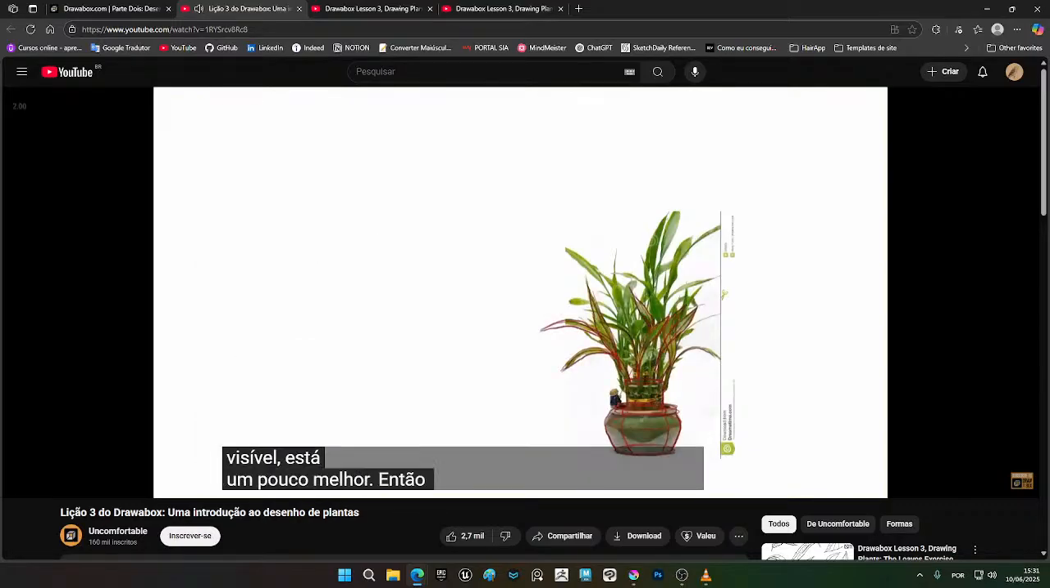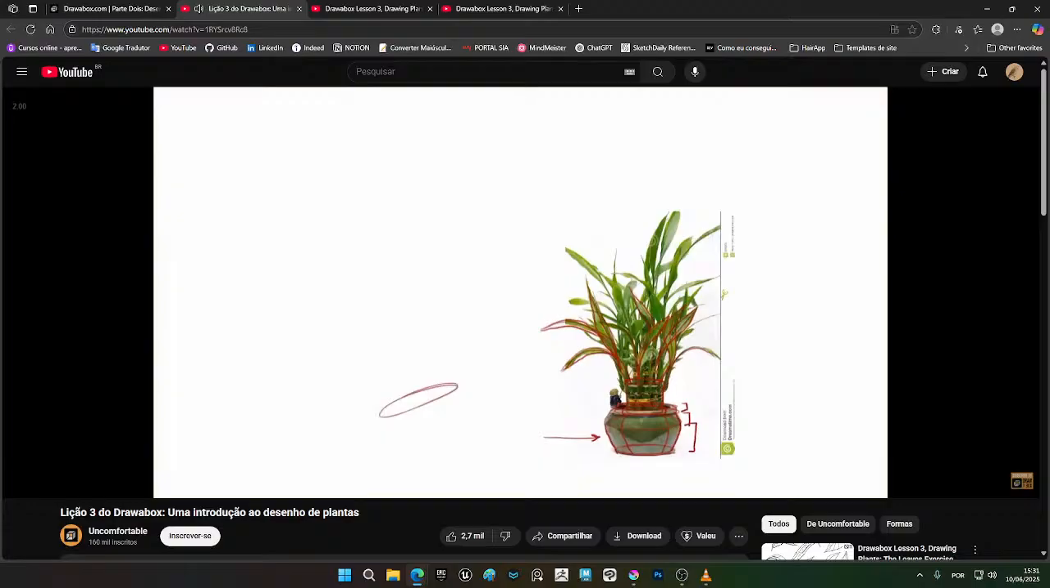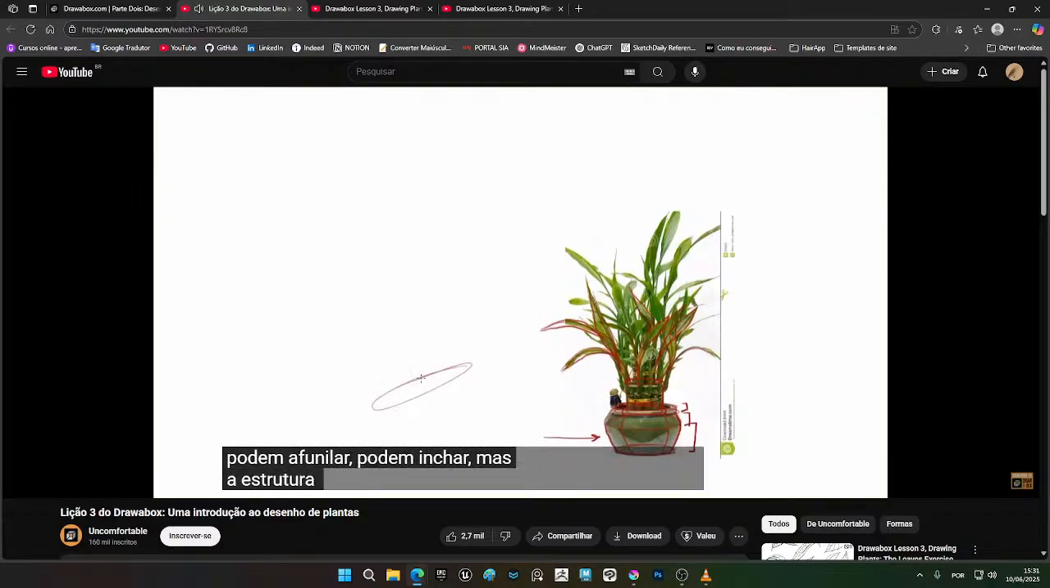That's a little better. So here you can see that I fleshed out my pot, and it's very similar to a cylinder. You can look at it as a compound cylinder of one cylinder being here, another here, and so on. And the idea is that your cylinders don't have to be completely straight. They can taper, they can swell out, but the main structure of the cylinder, which you might actually want to look at